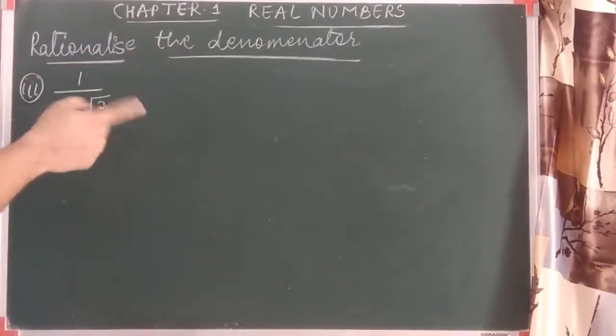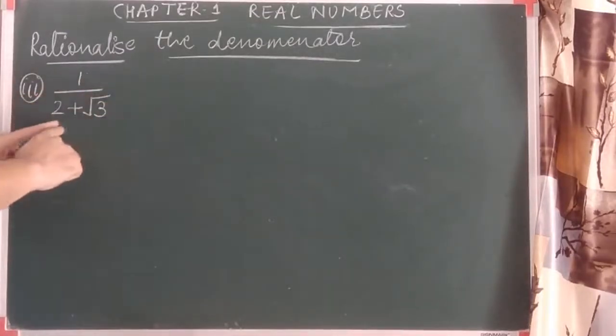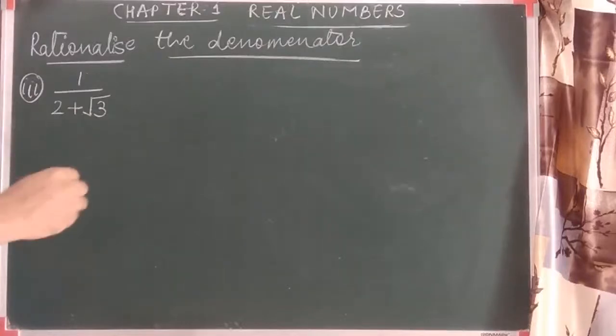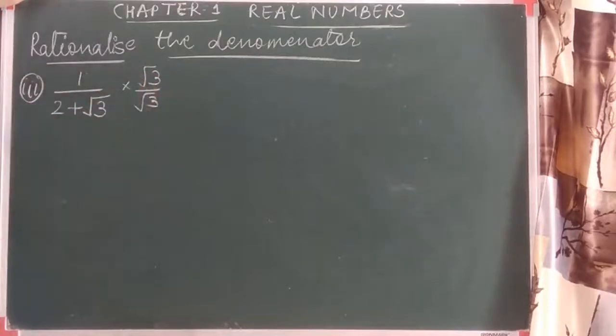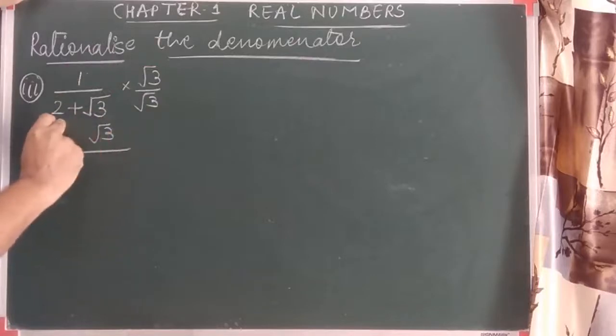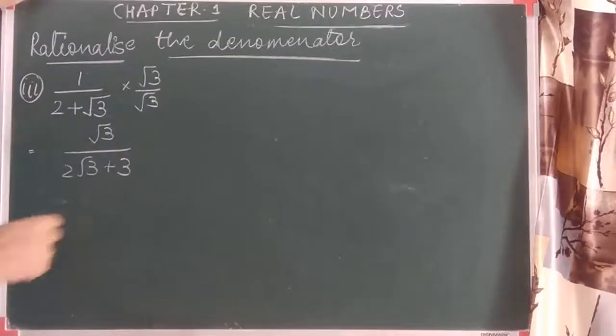2 plus root 3. As we discussed earlier also, in operations of rational and irrational numbers, the addition is not possible. So as a whole, this number, that is 2 plus root 3, is considered an irrational number. Now how to convert the whole number into a rational number? If you think, let us multiply with root 3 upon root 3, because root 3 is the only irrational part. But if I do so, root 3 multiplies with the numerator, 2 multiplies with this, and root 3 into root 3 is 3. Now again you can see that the number remains irrational.